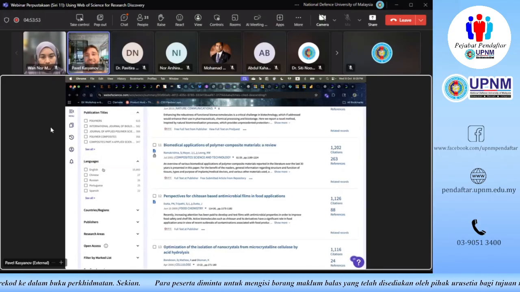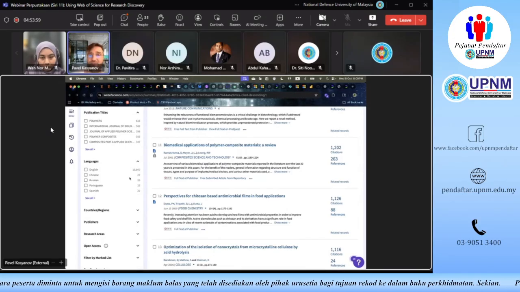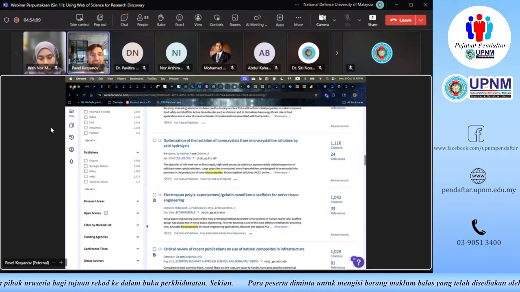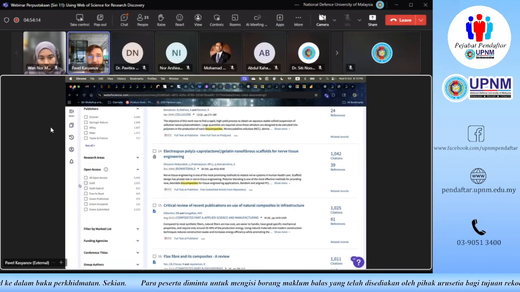Yes, the abstract metadata definitely has to be in English, but the full text of the document, as you can see, can be in Chinese, in Russian, in Portuguese, in any language. We can also compare the research outputs by countries, publishers. If you want to just focus on open access documents, you can also do that.